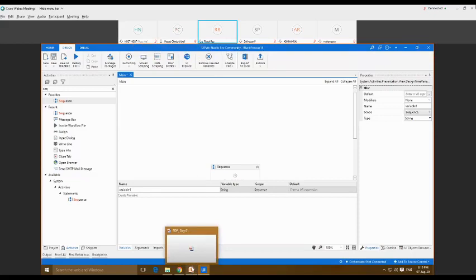Basically we'll discuss three options by which we can create the variable for any particular activity or file. So this is one of those three different types of creation of variable.